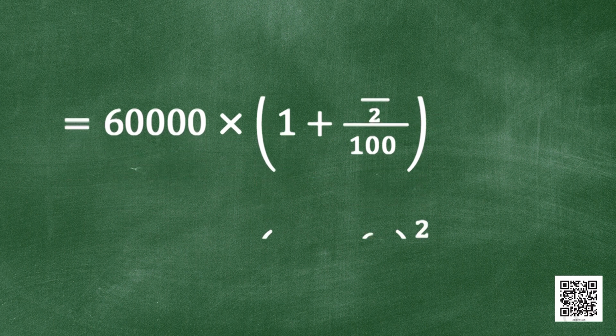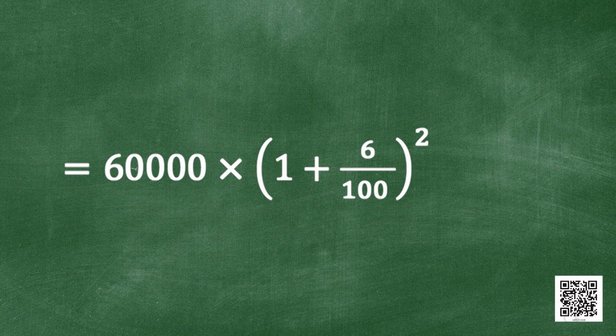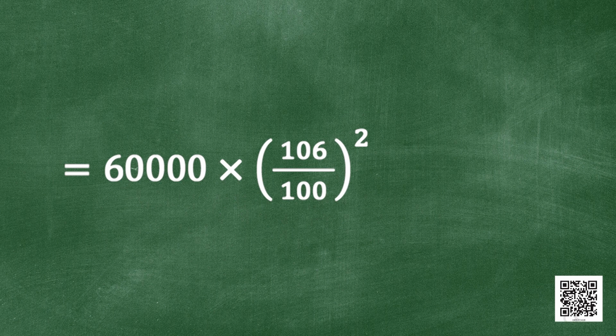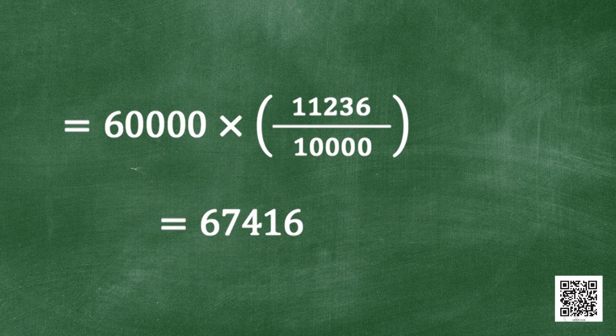That is equal to 60,000 times 1 plus 6 by 100 whole to the power of 2, that is equal to 60,000 times 106 by 100 whole to the power of 2,